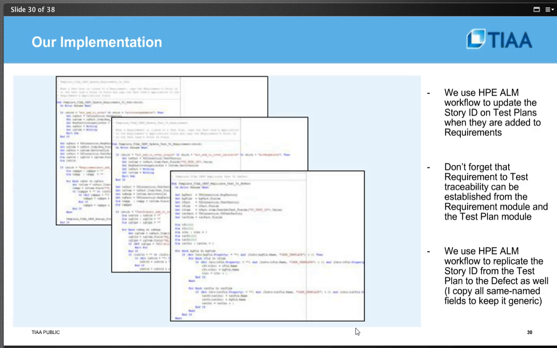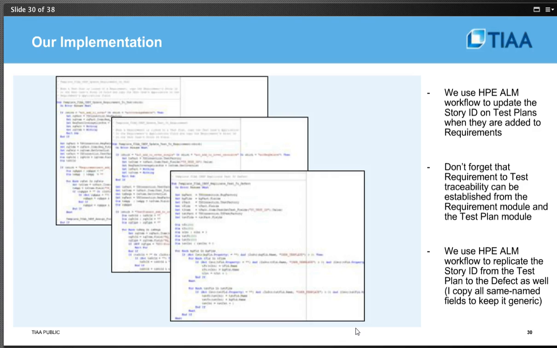Yeah, and so then in the workflow, so on the HP ALM side, you definitely need to get into doing some workflow coding in order to move that story ID through the different modules. And especially with this kind of implementation, you need to keep in mind that requirements can be traced to test cases from the requirements module, and it can also be done from the test plan module. So that was one thing that I had as a developer. You need to think of all the different ways that an end user can do these actions and make sure